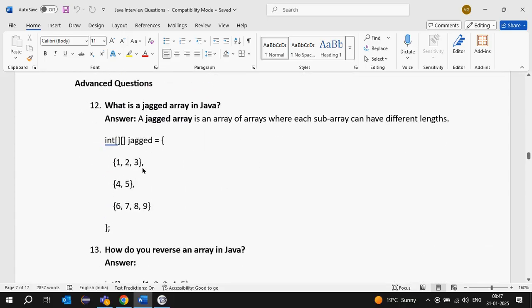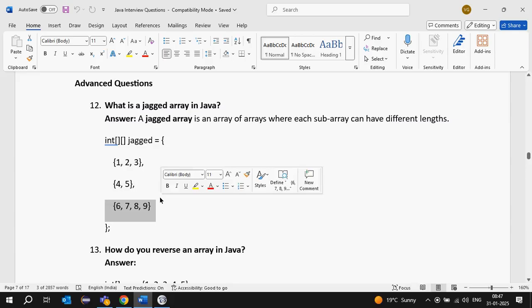Then jagged array. A jagged array is an array of arrays where each subarray can have different lengths. We can create a two-dimensional array, and inside it this is one array, this is one array, this is one array.